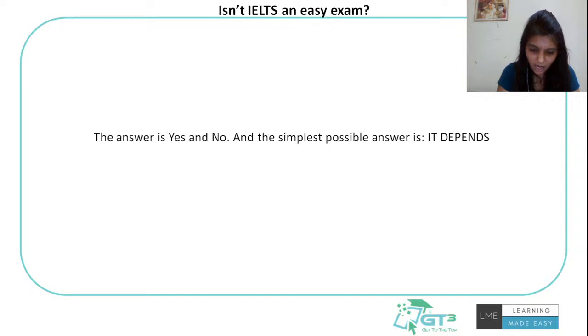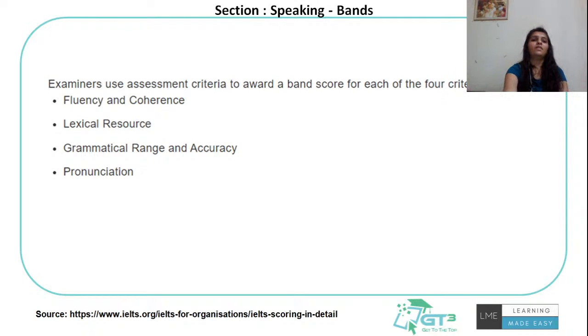Pawan asks: if I spoke for 1 minute and 5 seconds in the cue card with fluency, how much band score can I expect? See, if you are speaking for 1 minute and 5 seconds, then it depends, have you covered all the points? There are chances that the examiner will come to know that you are unable to speak for 2 minutes. You do not have sufficient ideas, so there are chances that you might get stuck with 5.5. So this is a drawback. You at least have to speak for 2 minutes.